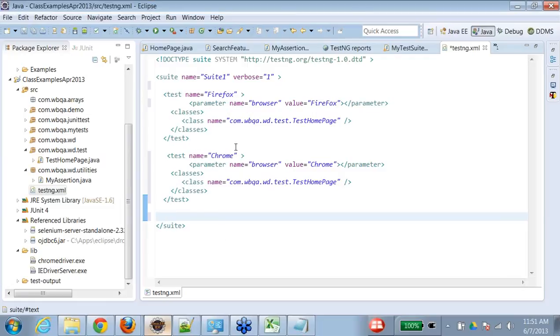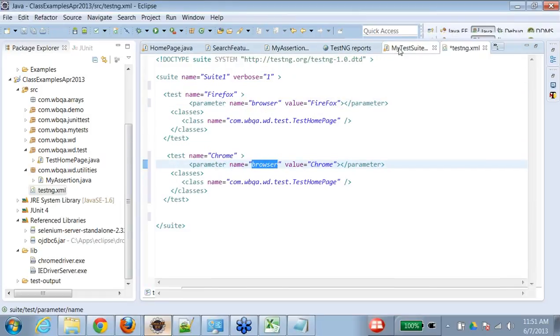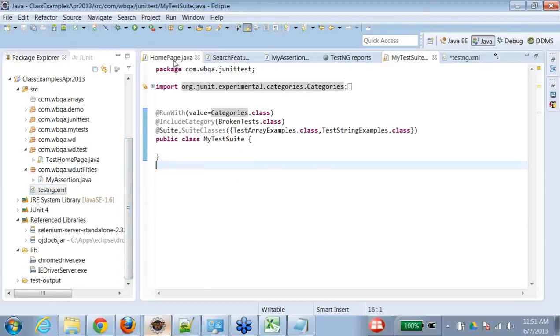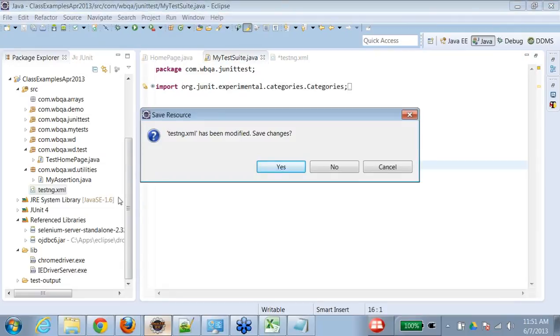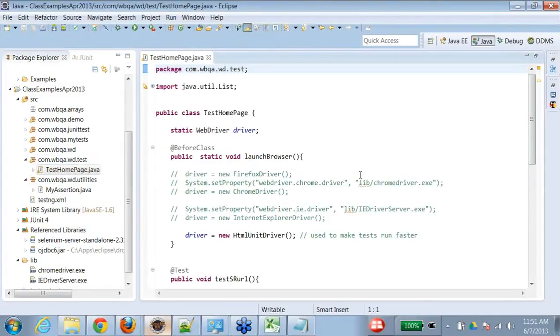So what I am doing, I'm creating the parameter. If you see here, the name of this parameter is browser in both. So how to integrate it into your test class? Go to your test class. So let me close all this. This is my test class, and here